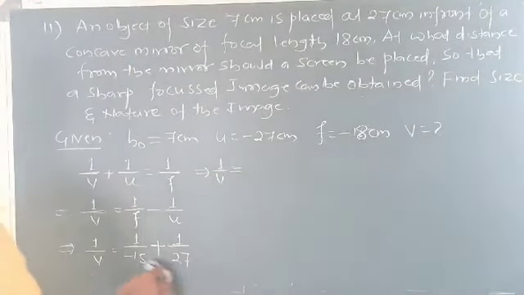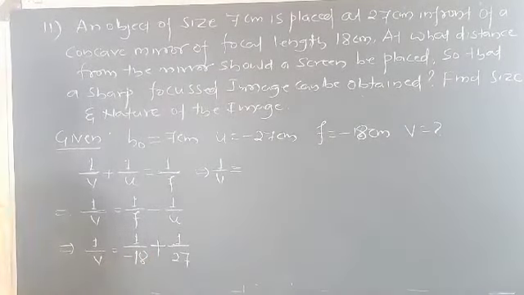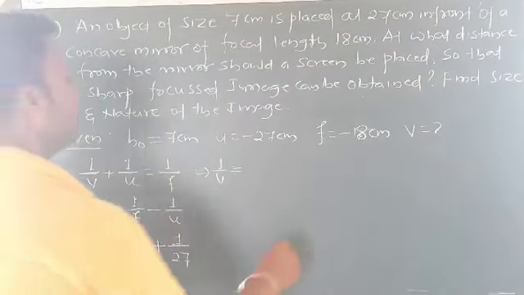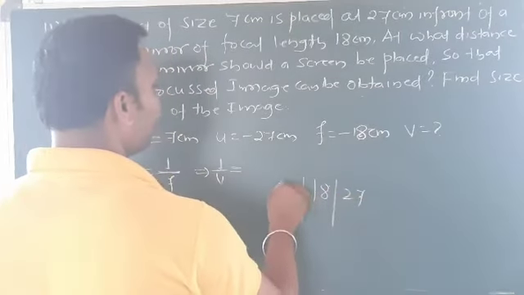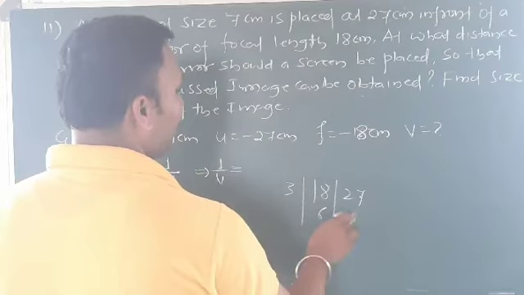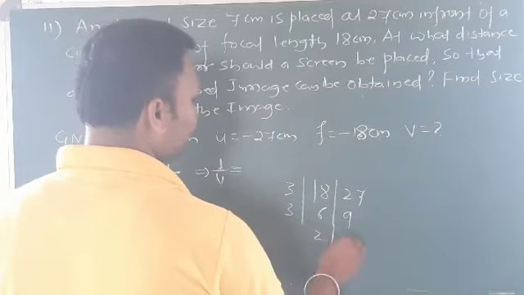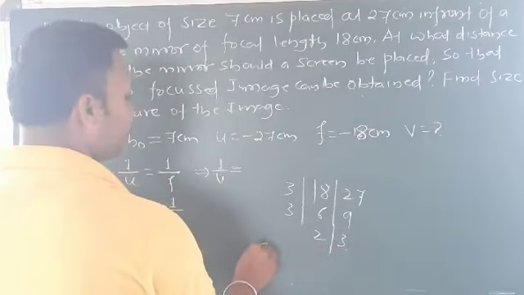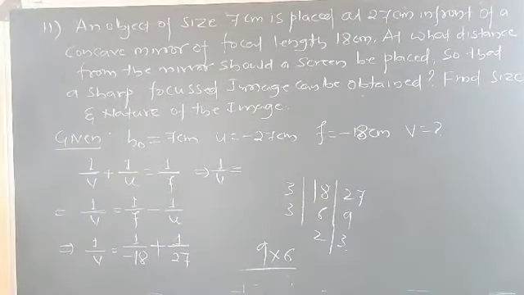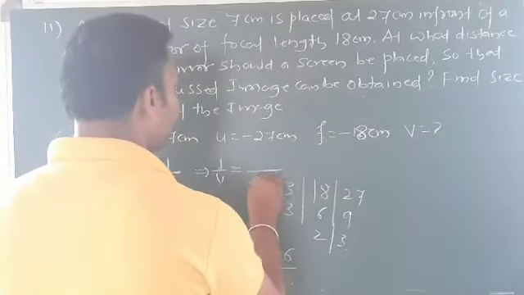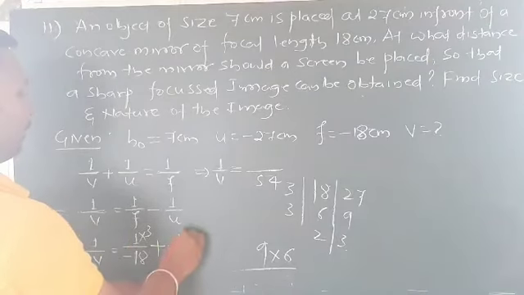So here, the focal length is 18 centimeter, and we have one more, 27. Now we will take 3 6s and this is 3 9s. One more 3 will be applied here, 3 2s and this is 3 3s. Now we have 9 into 2 3s 6, so 9 into 6 is 54. So 18 3s are 54 and 27 2s are 54.